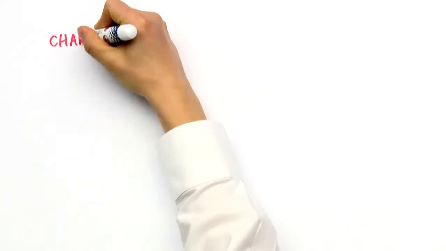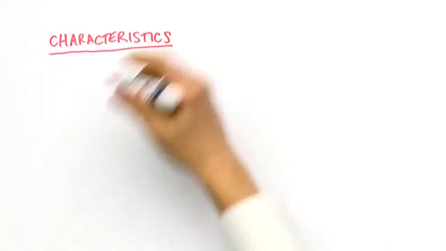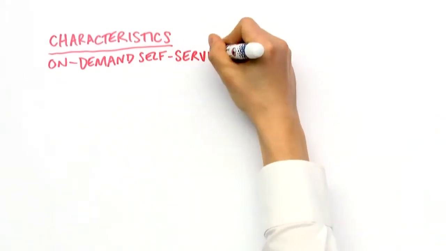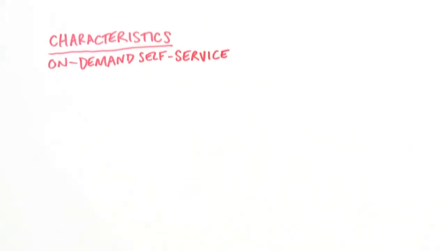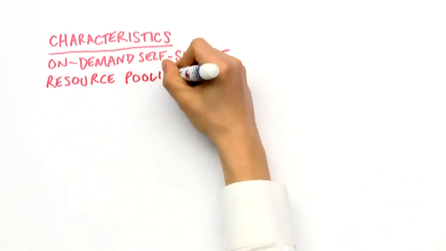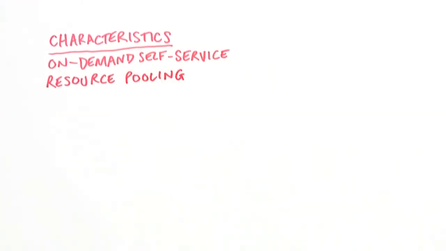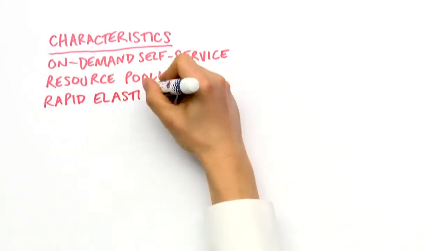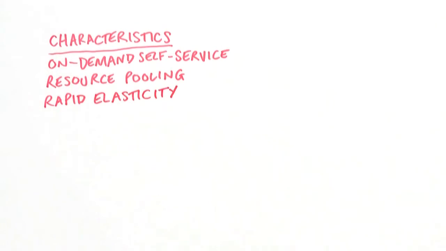A good definition of cloud computing comes from the US National Institute of Standards and Technology. They define a cloud as having 5 essential characteristics. On-demand self-service, such that the resource is available at the touch of a button for those who should have the rights to request it. Resource pooling, implying that the resource provided is coming from some kind of shared pool.